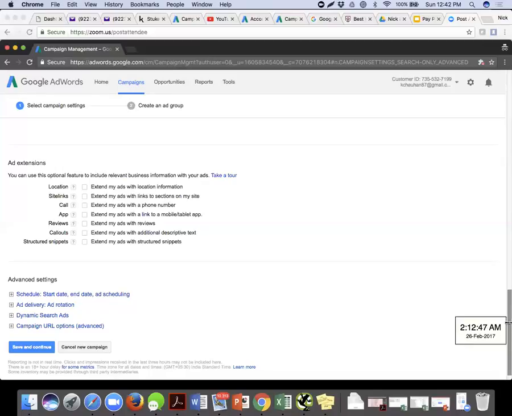Yes. Let's say I'm in sector 63, searching for good nearby Chinese restaurants. Usually these local businesses use these extensions, and the call button is there. If I'm searching and I see the ad of a Chinese restaurant, which has a headline 1, headline 2, a description line and a URL, right next to it there will also be a call button which is clickable.